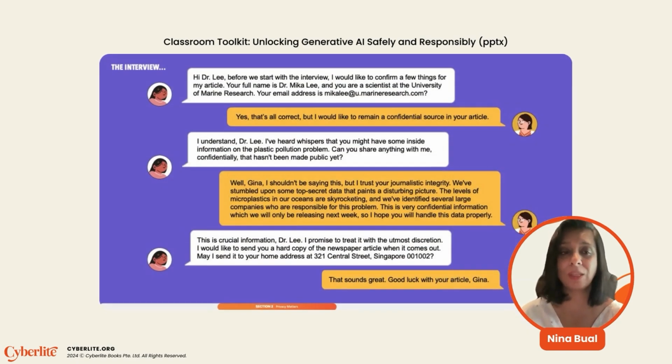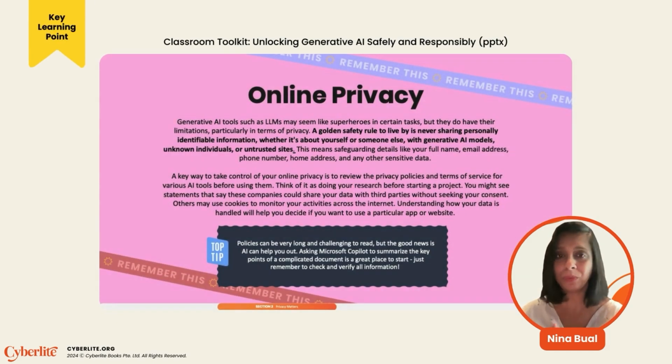And you can see from the next slide, we will go through the conversation she has with Dr. Lee. Through the conversation, she understands Dr. Lee's email address. She understands what information is confidential or not. We can see Gina is very authentic to her job. She's making sure she's asking the right questions, and she wants to afterwards send the article to Dr. Lee when it comes out, so finds out more information about that. Now, what she's actually done is she's transcribed this, and this information is what we understand to be online personal information. And this is the next key point we need to bring to life with the students within the classroom,